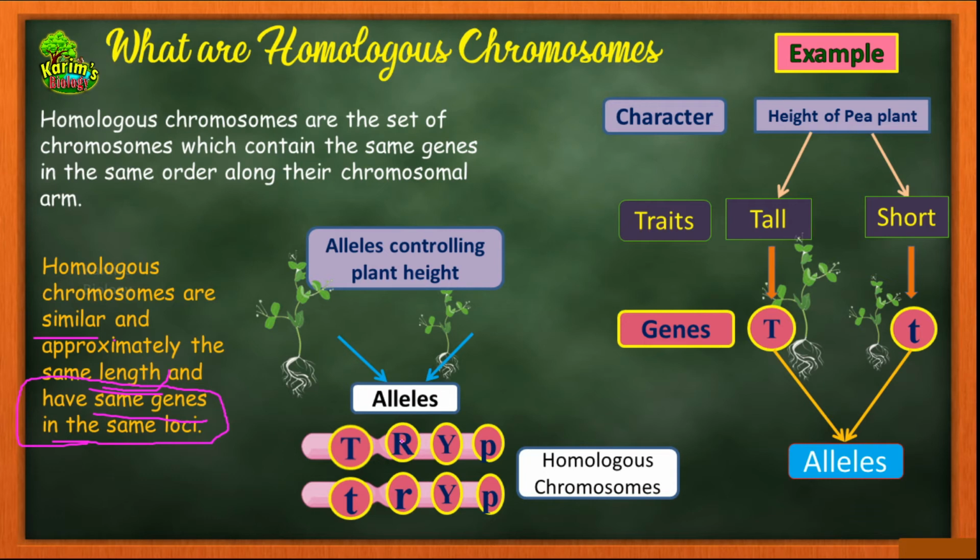There is capital R and small r is present in the same locus, that is in the same place of the other homologous chromosome, and two same versions of the same gene are also located in the same place in two different homologous chromosomes. And this is another one, a recessive allele also located on the two different homologous chromosomes but in the same place. So this is about the location of the chromosomes.